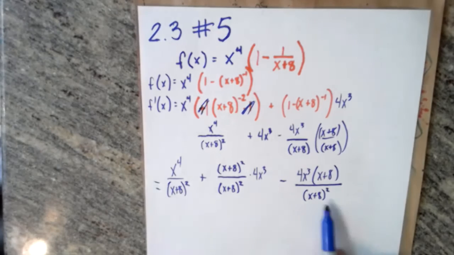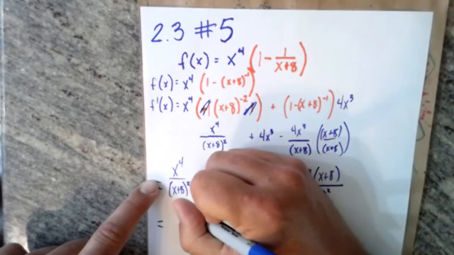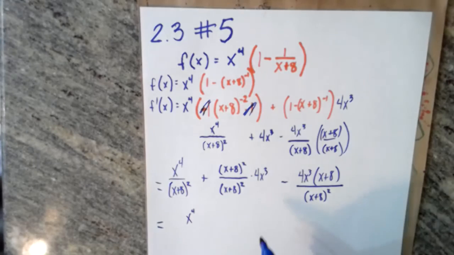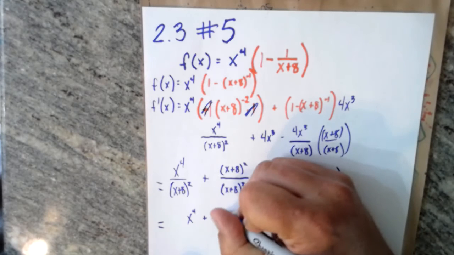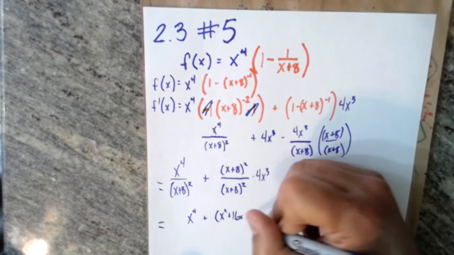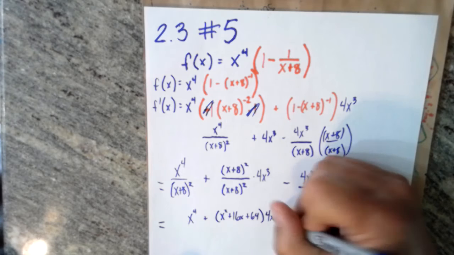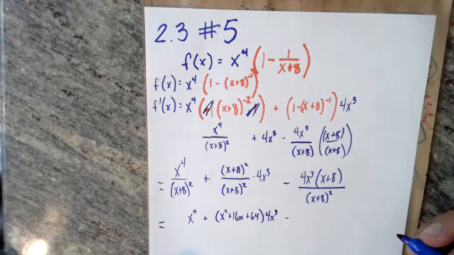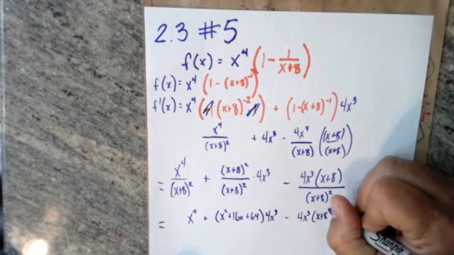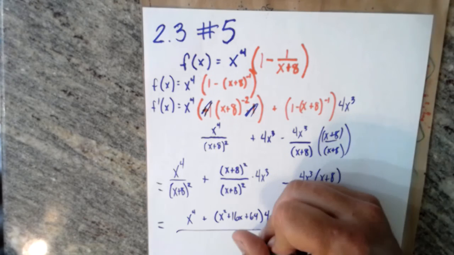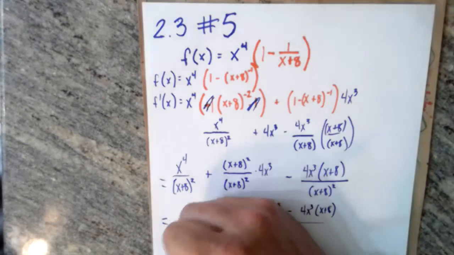So now we got a common denominator on the bottom, so we can just rewrite this as x to the fourth plus, what is (x plus 8) squared? That's x squared plus 16x plus 64 times 4x cubed, and then minus 4x cubed times (x plus 8). Now we have all of this as a single fraction over (x plus 8) squared. All right, time to start